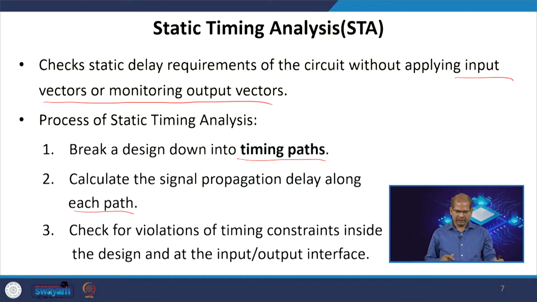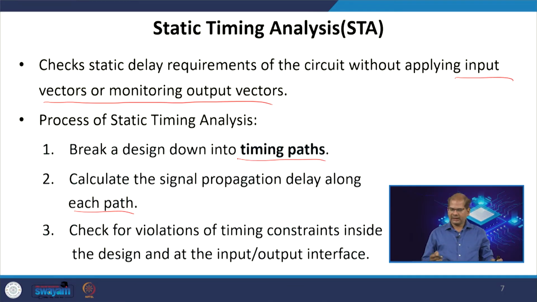Then we check whether the actual timing constraint is satisfied or not. If there is any violation inside the design or at the input output interface, then we need to modify the design and do the timing analysis again and again till we meet the